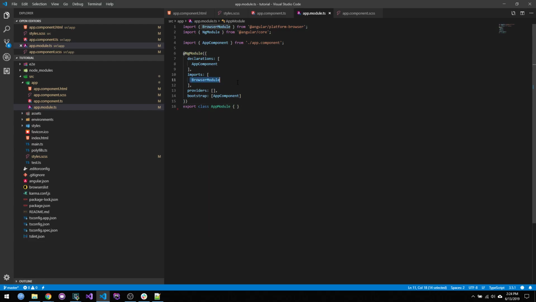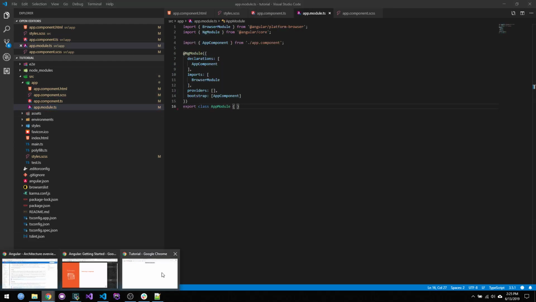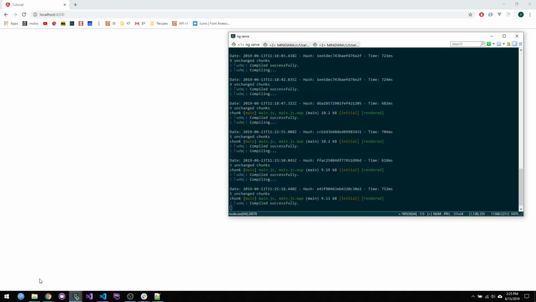You can see that in a module you can import other modules, basically bringing in all the functionality of that module into the current module. It is important to note that if we use a component that is not integrated in a module, our application will not compile. For example, we know that the app component is displayed here. So if we go to the app module and remove it, hit save, we will see absolutely no output here. However, if we go in the console,